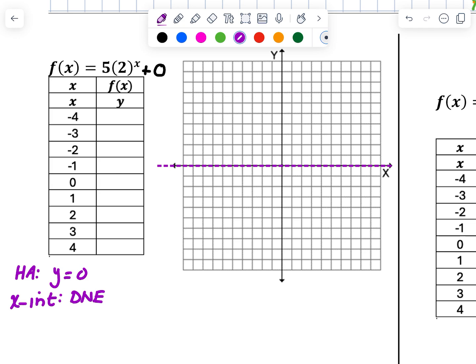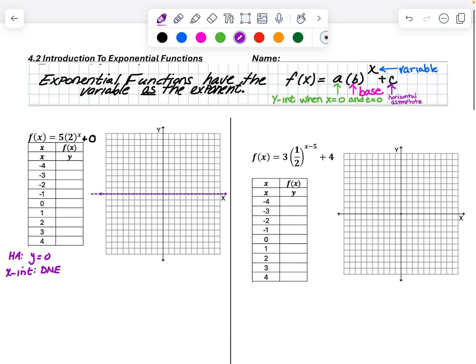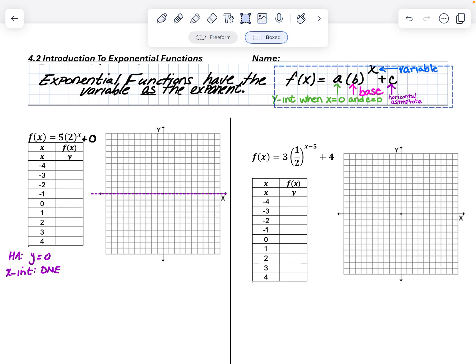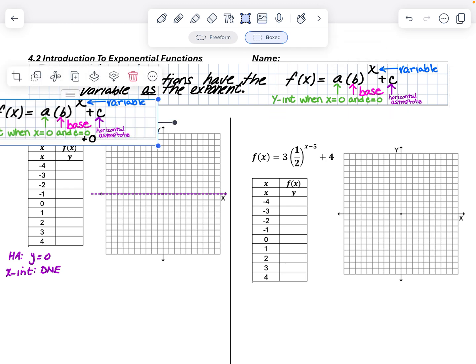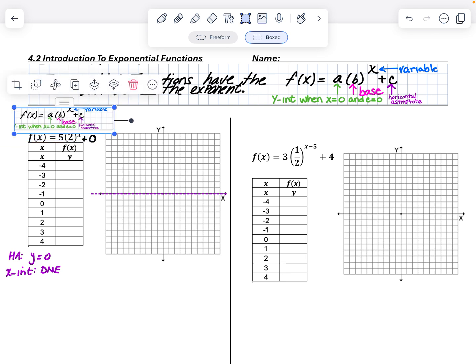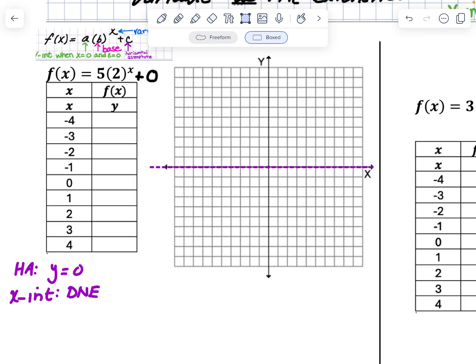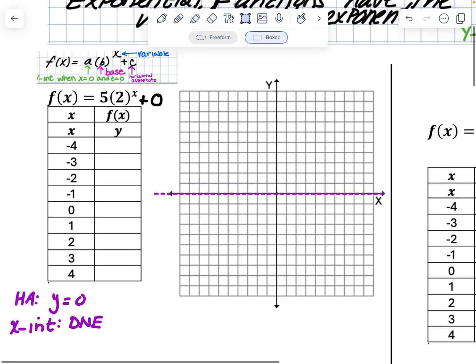Okay, so the next thing we're going to look at, actually maybe perhaps I should pull these notes down here so we don't have to go quite so far away to see them. We'll set them right here on top. All right, there we go. Our notes tell us that the y-intercept is whatever number is here